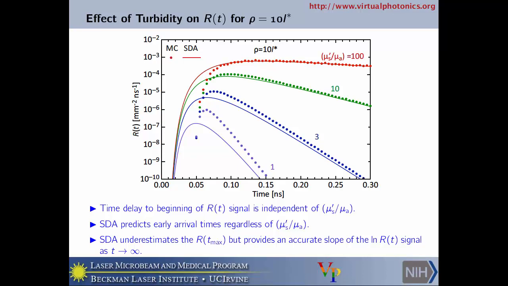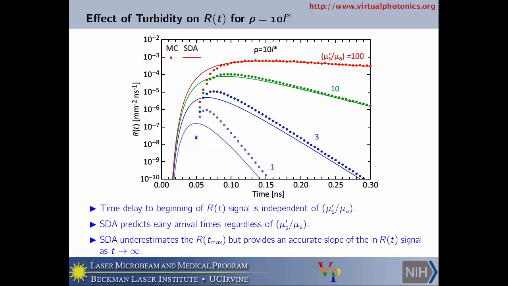So here I'm looking at a source detector separation of 10 L star, or roughly 10 millimeters, and looking at targets with various ratios of scattering to absorption. And again, we're using the standard diffusion approximation. This should really work best when scattering is dominant over absorption. And you see a number of things. Number one, you see that the standard diffusion approximation